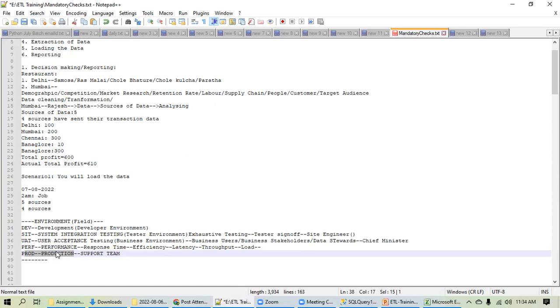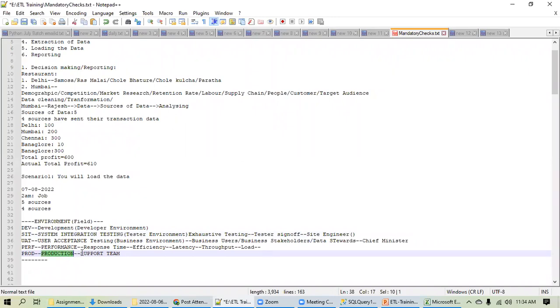Yeah, Tanvir, will the support team have access to development and testing? No, no, no. It is not like a master. Support team will have access only to production. They don't have access to development. Generally, we analyze the data, and if we find any bug or discrepancy, we raise a ticket to the development team regarding the same issue and escalate that issue. Yeah, correct. Ideally, that should be the process. You are correct.